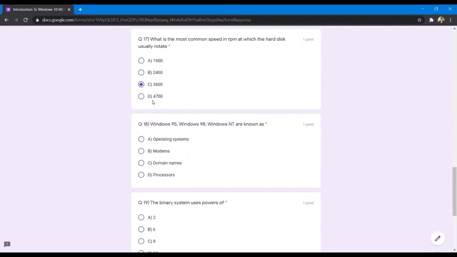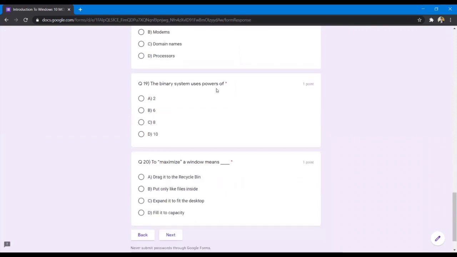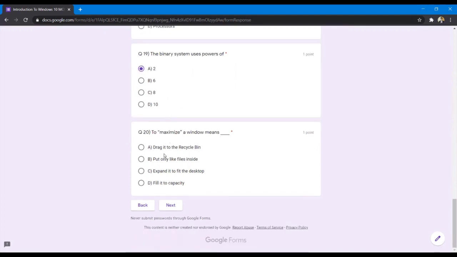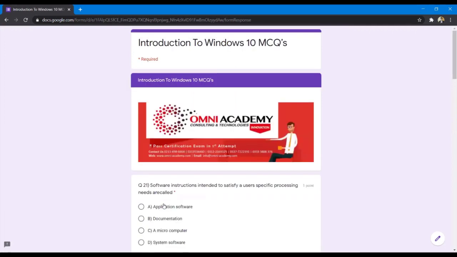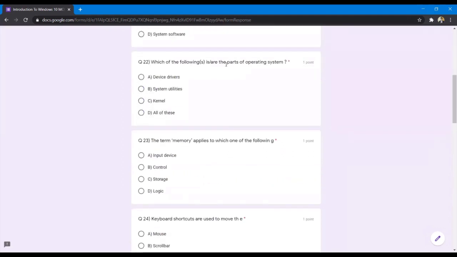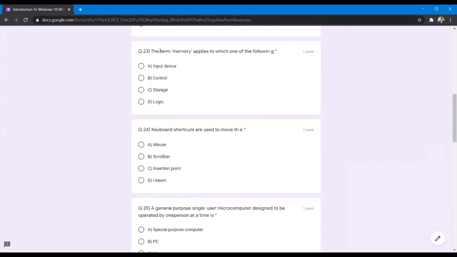Then we have: Windows 95, Windows 98, Windows NT are known as operating systems. Then the binary system uses power of 2. To maximize a window means expand it to the desktop. Software instructions intended to satisfy user-specific processing needs are called application software. Which of the following are the parts of an operating system? So this will be all of these. And the term memory applies to one of the following. So this will be